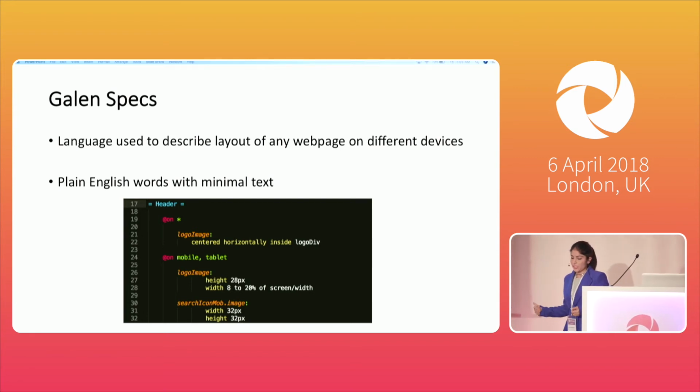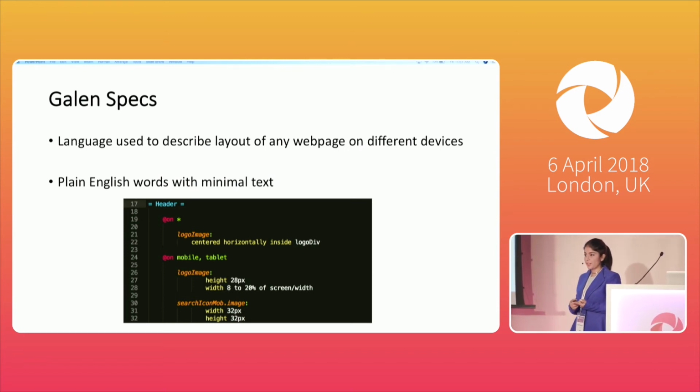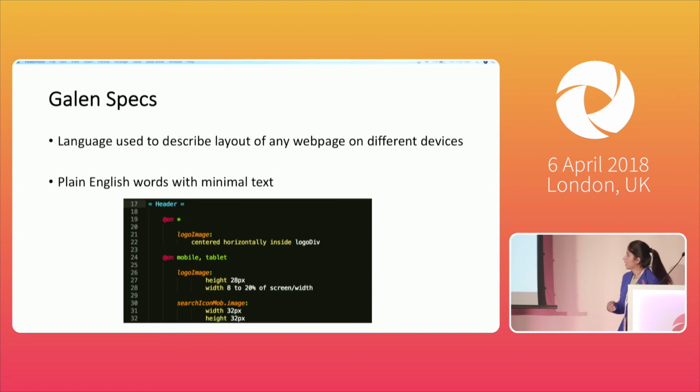Basically what happened in the demo was that I used one test script, and it ran on 3 different platforms. What I used was Galen's specification file. Galen uses the specification file, which is a domain-specific language. It describes the layout. It's just plain English words that I'll be using in my Galen specification. So let's say for the logo image.